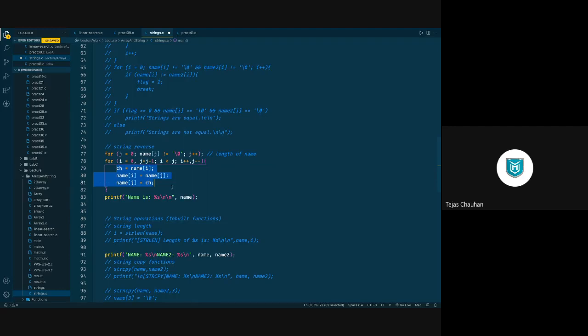जब तक आपका I J से छोटा है, so we can say if I is less than J, then we are going to swap those two characters. If I is equal to J, तो हमें swap करने की ज़रूरत नहीं क्योंकि वो same middle character है. And when I and J cross each other, we will also stop this process. क्योंकि क्रॉस करने के बाद अगर आप swap करोगे तो वो वापस जैसा था वैसा हो जाएगा. So that's why the condition for our loop is I less than J. Till that time we are going to swap those characters and finally we have the reversed string. Now this is your 40th program, reversing a string, okay?